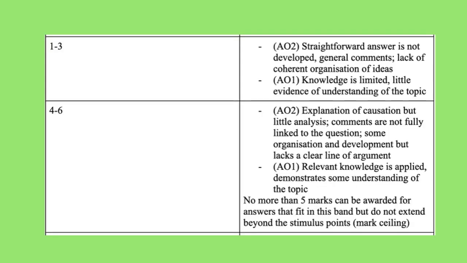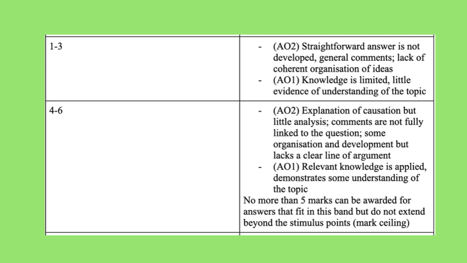These are the bottom 2 bands for this question. You might notice that we're seeing words like straightforward, not developed, general, lack of coherent organisation. So in terms of AO2, and remember that that is your analysis of causation, that means that maybe you've listed the factors that you think led to this event,